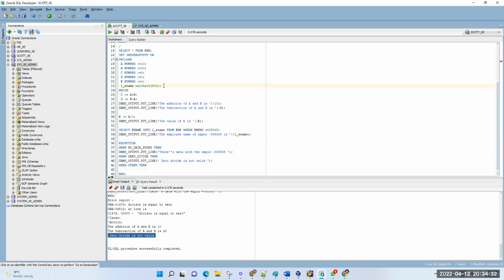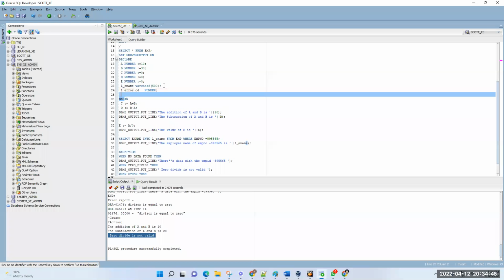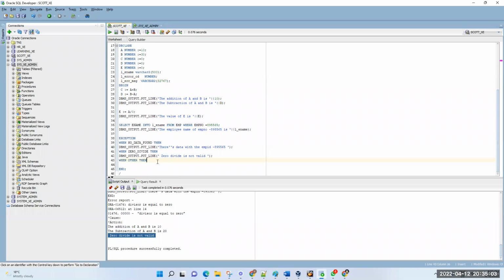print the values l_error_code, error_code number, and l_error_message varchar2 of 32767. PL/SQL, this is the maximum value we can print here. Okay. When others, what we will do,